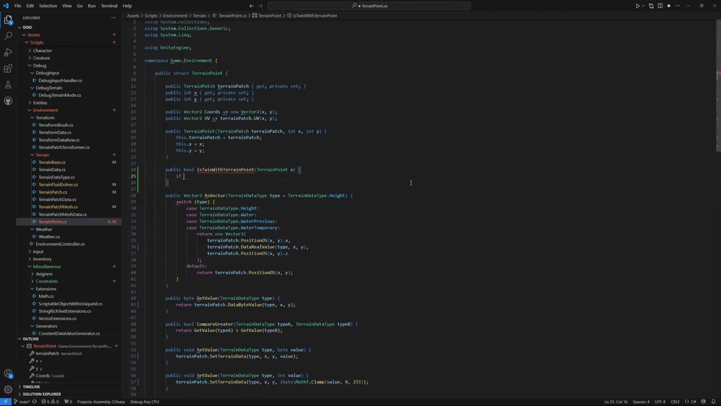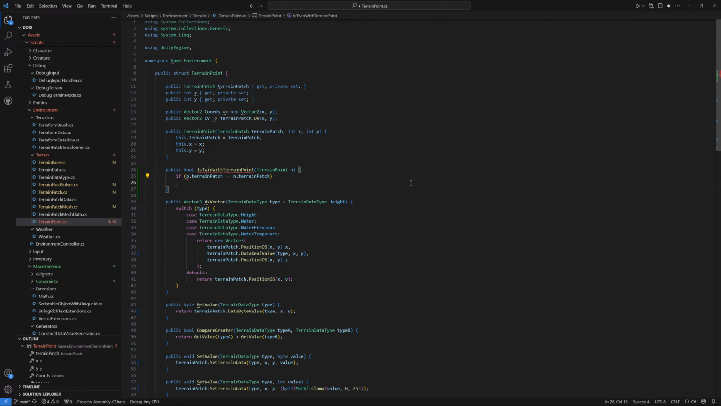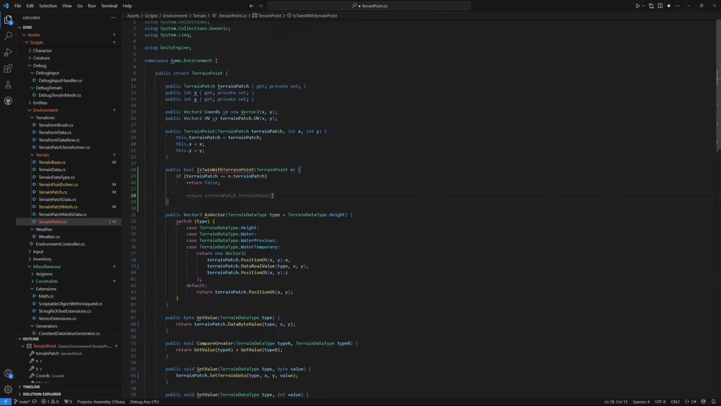And basically the first check is going to be if p.terrain patch is equal to n.terrain patch, return false. We can never have a point be twin with a point in the same terrain patch. In fact, this feels unoptimized as hell, but